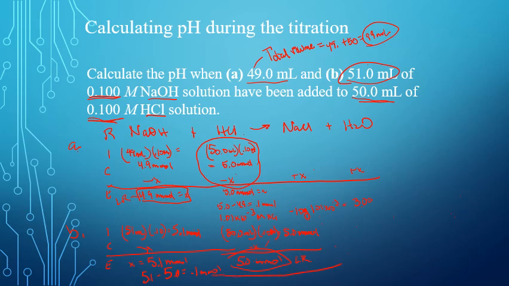To find my total volume of the solution, I add them together. So for part B, I have the initial 50 plus the 51, so I now have a total of 101. If I take 0.1 and divide it by 101,